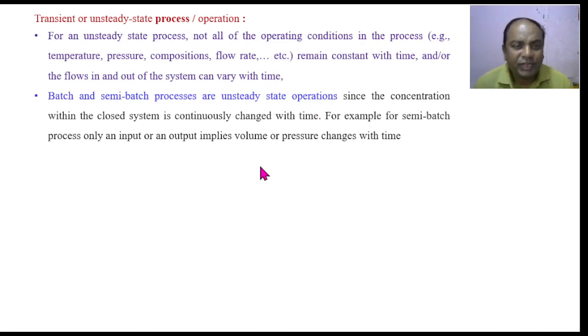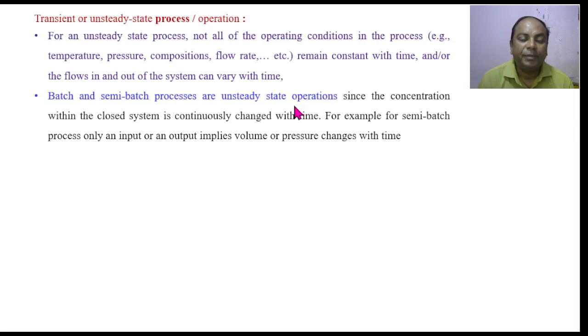So we can say here one more thing, that this unsteady state process or operation is mostly followed by batch and semi-batch processes. Batch and semi-batch processes actually operate at unsteady state condition. As we know that in a batch process, the matter or substance enters into the system,